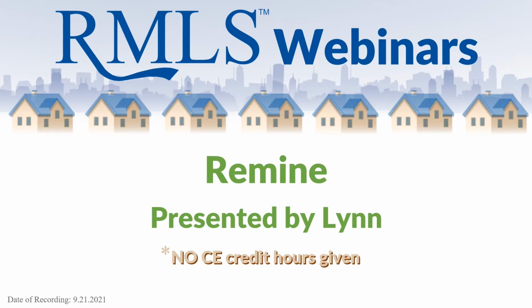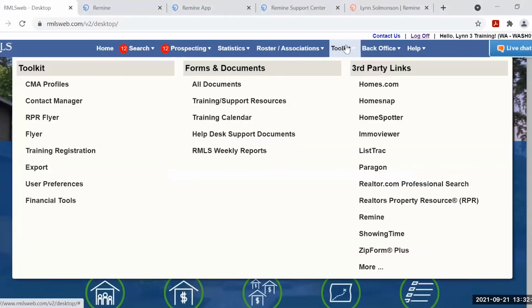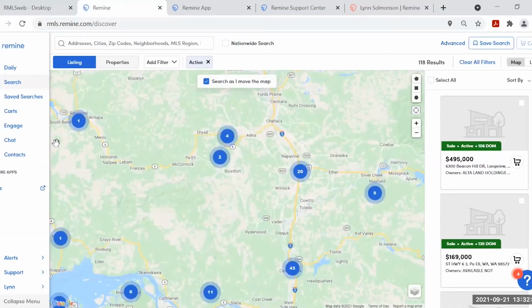And so to get to Remine, the easiest way to get there is in RMLS Web. Under the toolkit, under third-party links, you will find the link to Remine. Okay, and I've actually already clicked on it and I have it open. A lot of people call it Remind with a D, but it's Remine.